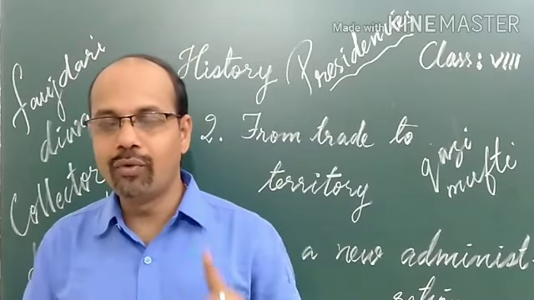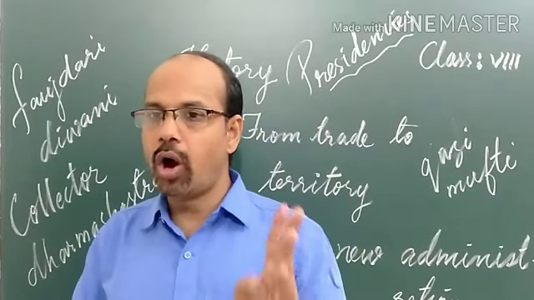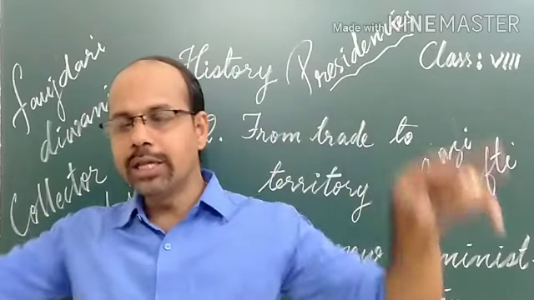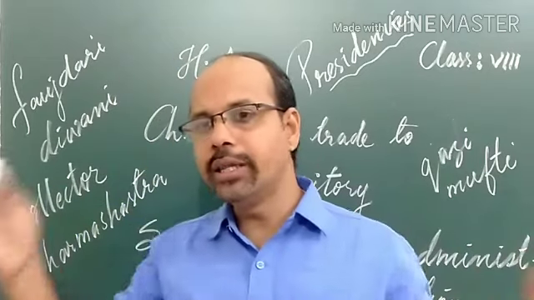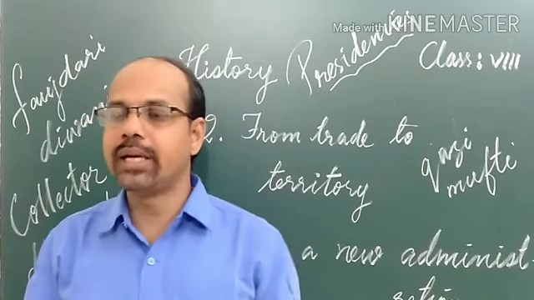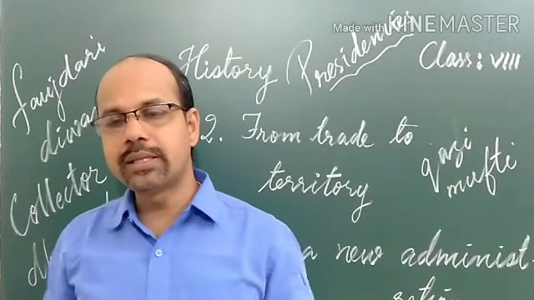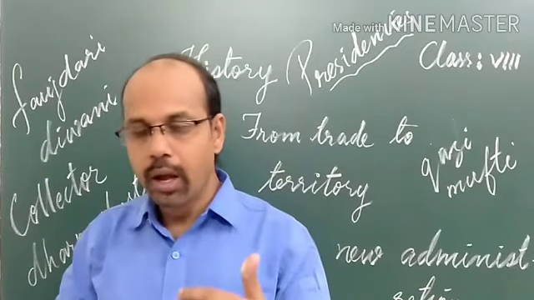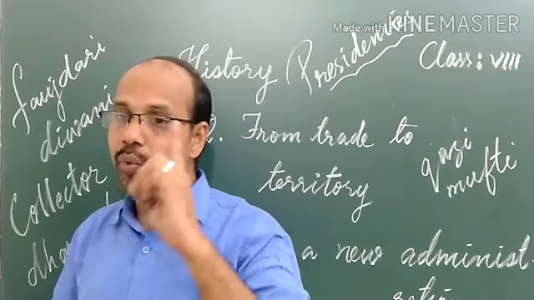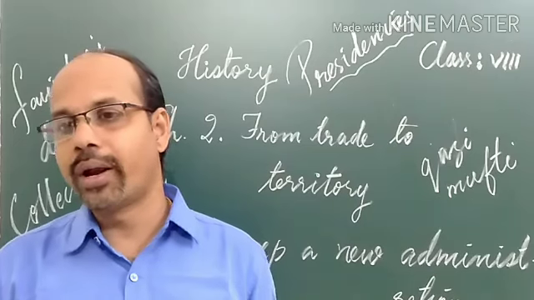Each was ruled by one governor. So there were three major presidencies: Bengal, Madras and Bombay, each ruled by a governor. All these presidencies were jointly held by one administrative officer who was known as the Governor General. Each presidency had a governor who was the head of the presidency, and all the presidencies were together administered by one authority known as the Governor General.